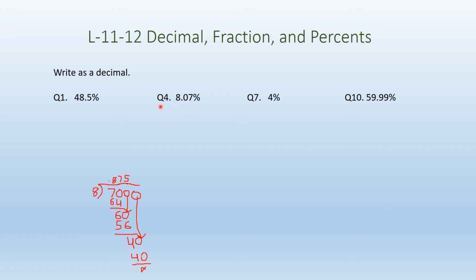Just you can see this one. The next question number 4. Again, just shift the decimal point. The decimal point is here, then shift 1 and 1 more. That means what is the answer? 0.0807. Then in this one, 4%. Again shift 2 decimal places, 4 and 0. Then the decimal is